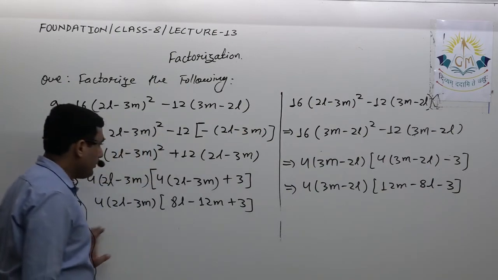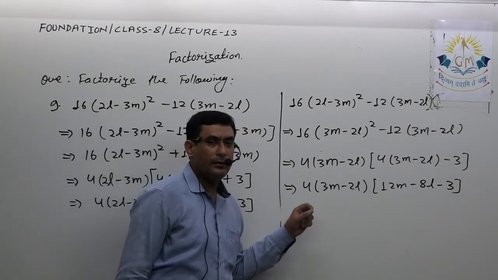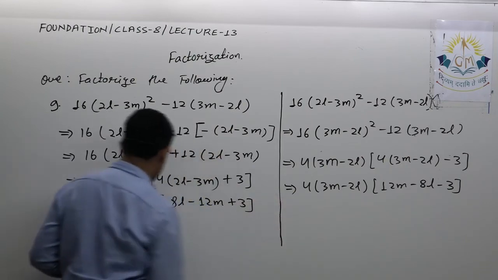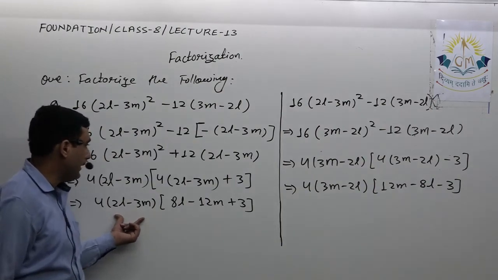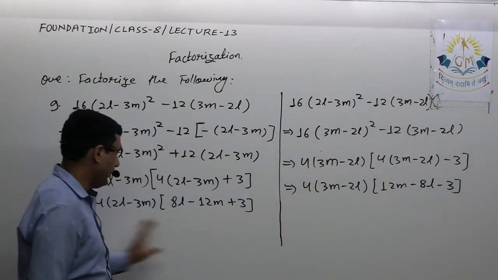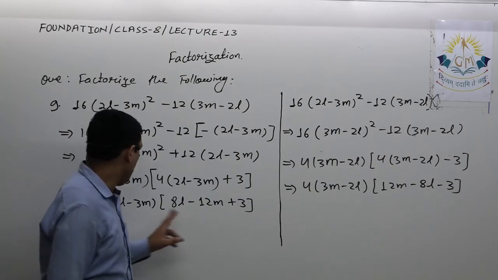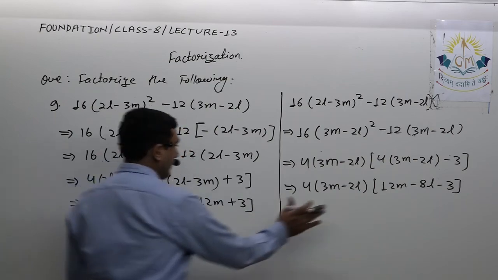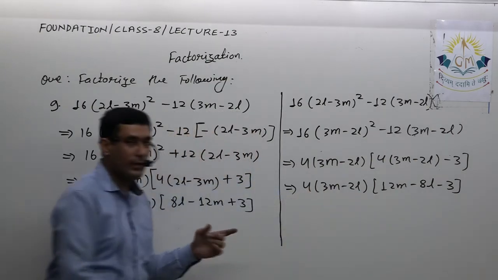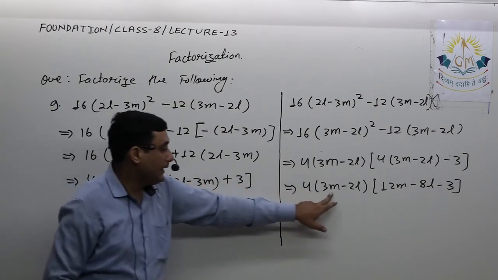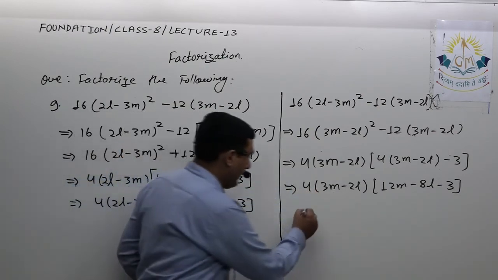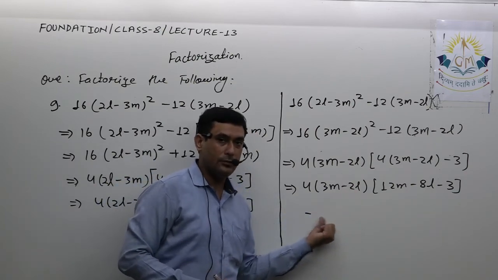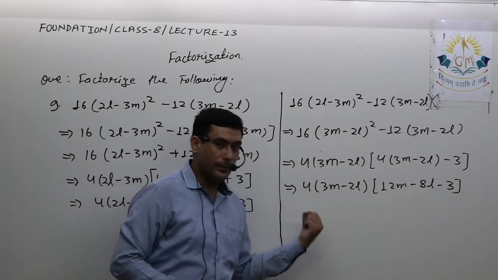Okay, now if you observe these two, you will find they are different. Only they appear different. Actually, the final answer is the same. Here we have 12 minus 3m, here we have 3m minus 12, and 4 is there in both the answers. So we can say that the only difference between them is that the signs are different. Here, if I write 12 minus 3m, I will take the minus sign out, isn't it? If I want to write it as 2l minus 3m, I should take out one minus sign outside the bracket.